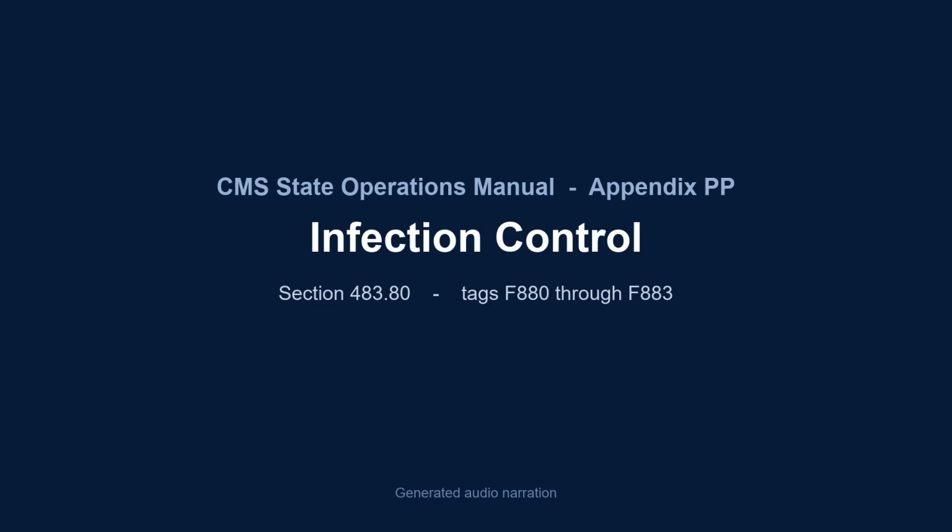Key elements of noncompliance. To cite deficient practice at F880, the surveyor's investigation will generally show that the facility failed to do any one or more of the following: establish and maintain an IP designed to provide a safe, sanitary, and comfortable environment and to help prevent development and transmission of disease and infection, or the IP must be reviewed at least annually and updated as necessary, or implement a system for preventing, identifying, reporting, investigating, and controlling infections and